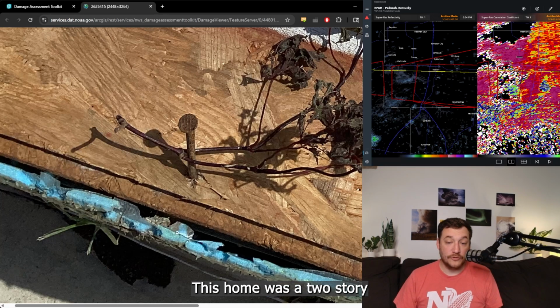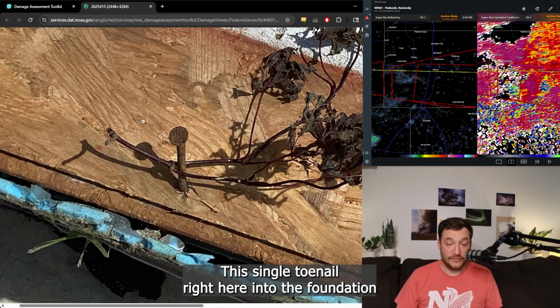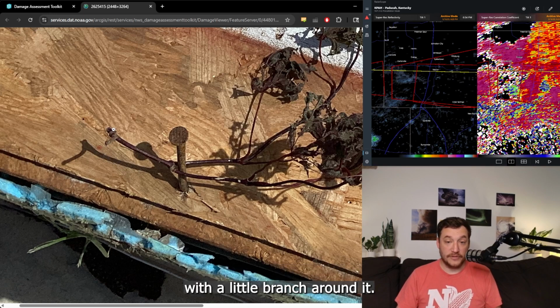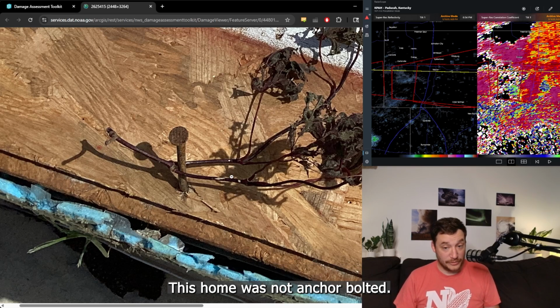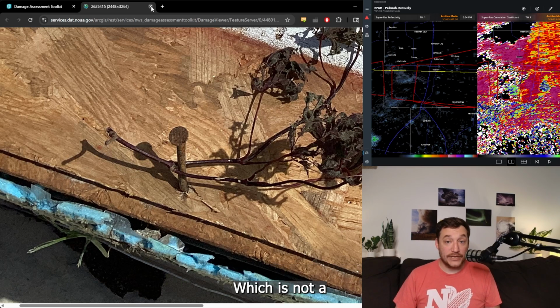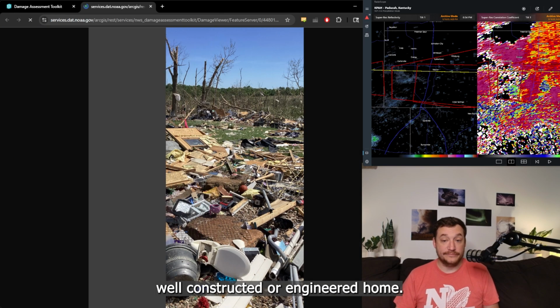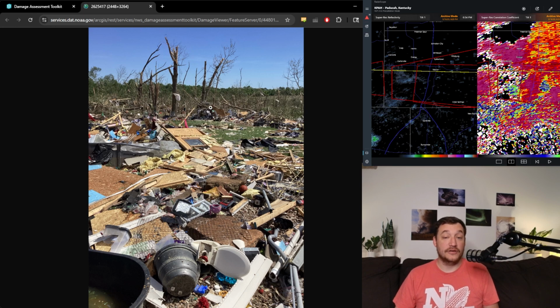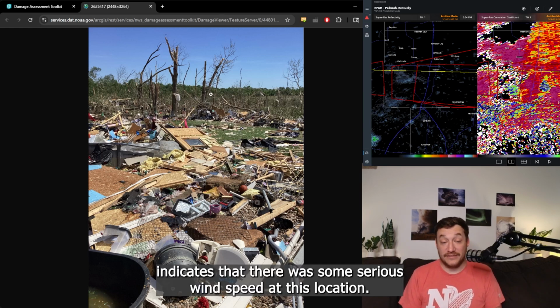This home was a 2-story home, was only nailed to the foundation. This single toenail right here into the foundation with a little branch around it. This is how they attached all of the walls to the actual foundation itself. This home was not anchor bolted. It was nailed, which is not a well-constructed or engineered home. Now, the fact that it was completely wiped off the slab, completely clean, indicates that there was some